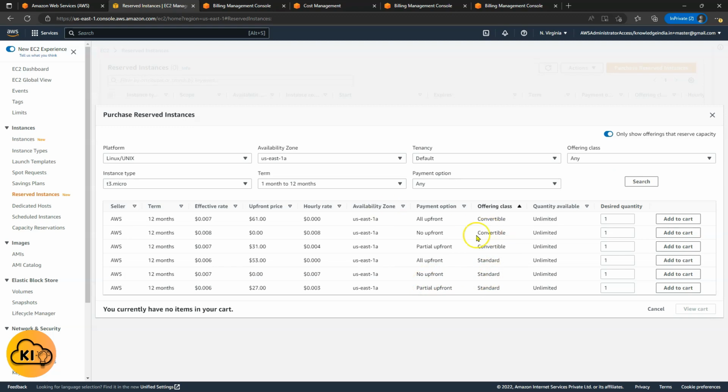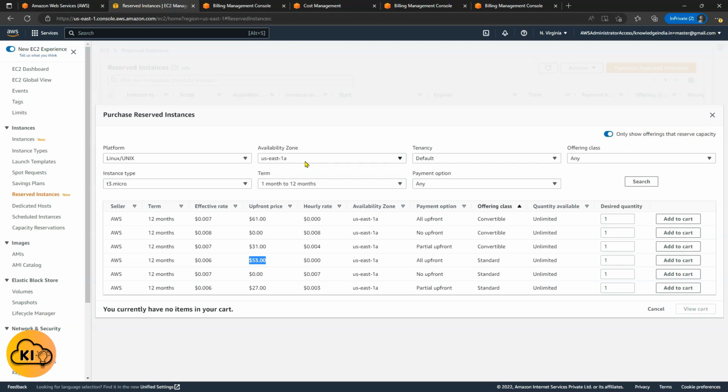Now again, this is aligned by convertible and then standard. Within convertible, it is still costing 61, and with standard, it is costing 53. So the price is the same. What I'm trying to tell you is that if you go with this option or you don't go with this option, the price will be the same. But then somebody will ask, what's the difference really? The difference is if you go with reserved capacity option and you choose an availability zone, then you have one benefit, that